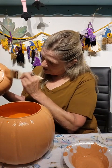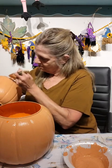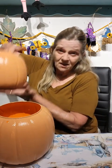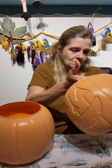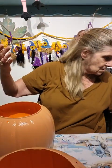Now, I'm going to try and show you to see if you see this texture. Perfect. I still have a little bit of paint left over, but I don't know if you can see the texture on there. Oh, I just pulled the paint off with my thumb. And I'm going to dry these with my heat gun. And I'm hoping I got...